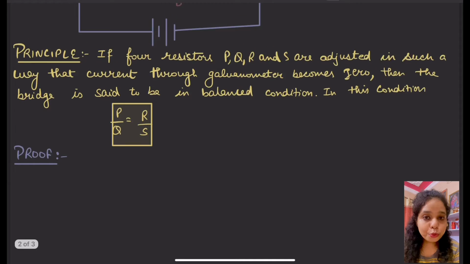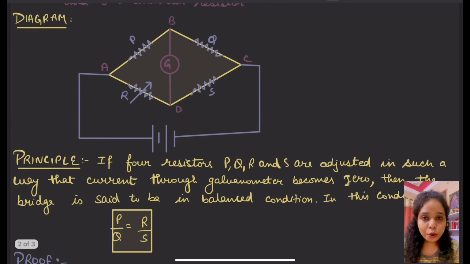So we have to prove this law, and in order to prove this Wheatstone bridge principle, let us consider that I current starts flowing through the battery. So if I current is flowing through the battery at point A, I current will divide itself into two parts because it will be having two ways, across AB and across AD. So let's say I1 current is flowing through the branch AB, therefore I minus I1, that is remaining current, will flow through the branch AD.